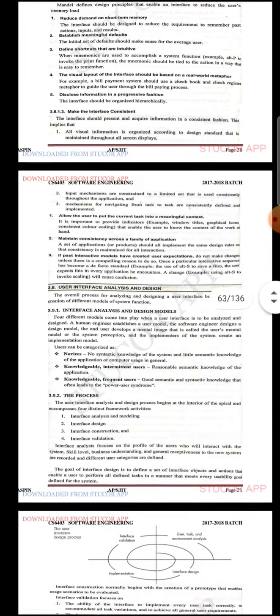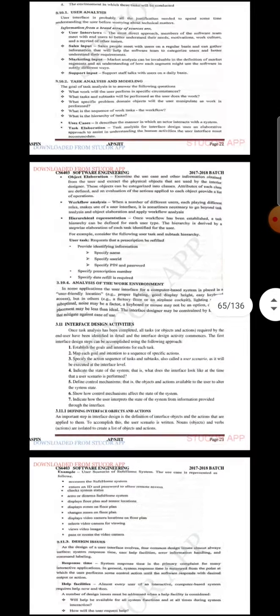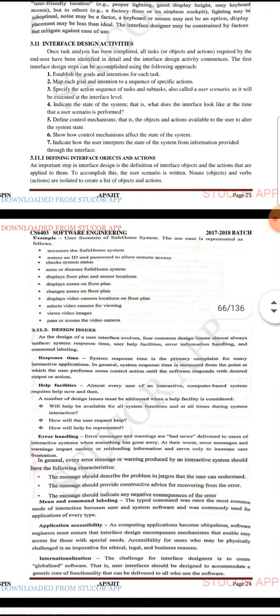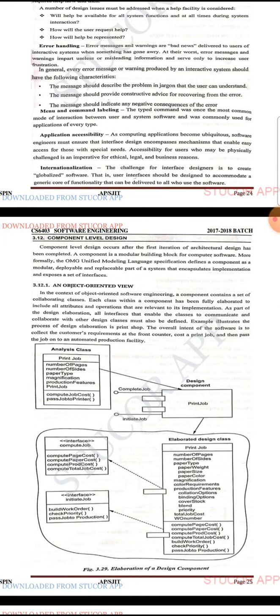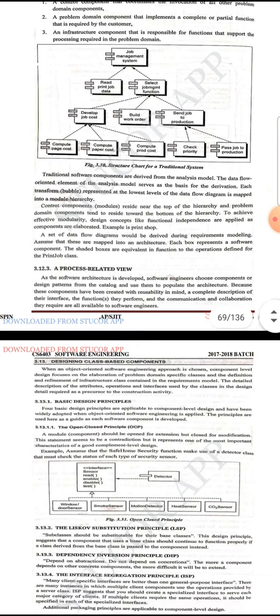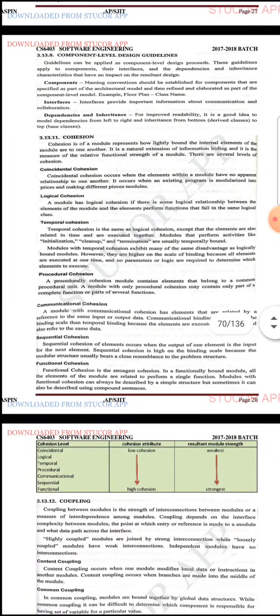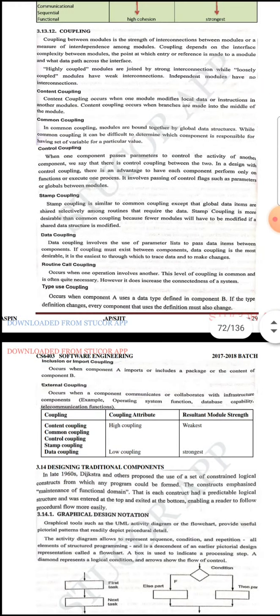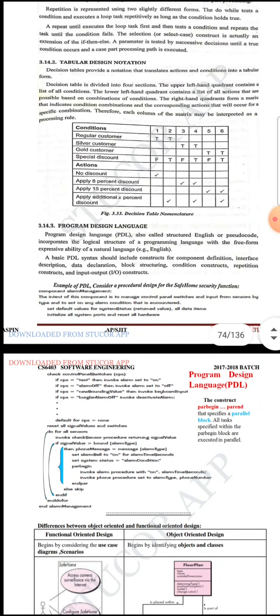I think I have covered all the topics, and see, I'm telling you again, you have to write in your own way. And see, here is a question called component level design. You can check this question for some more part which you can write, and that's all. Okay, this is about software engineering for your internal 2, and we have only 2 more topics in this subject, and further you have to gather all those things and write it in a proper manner.